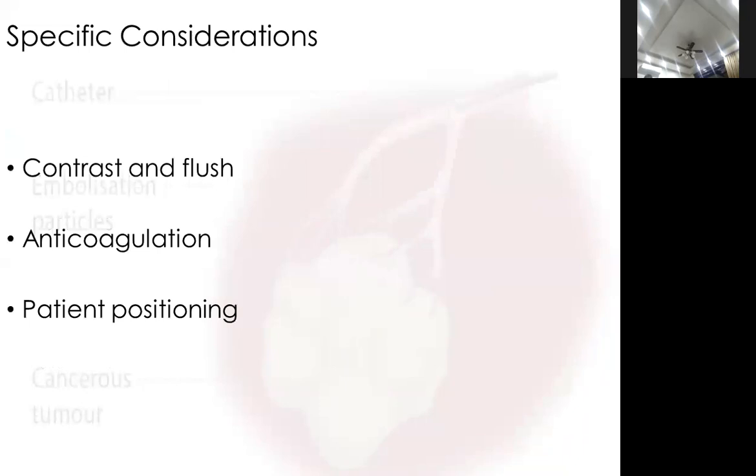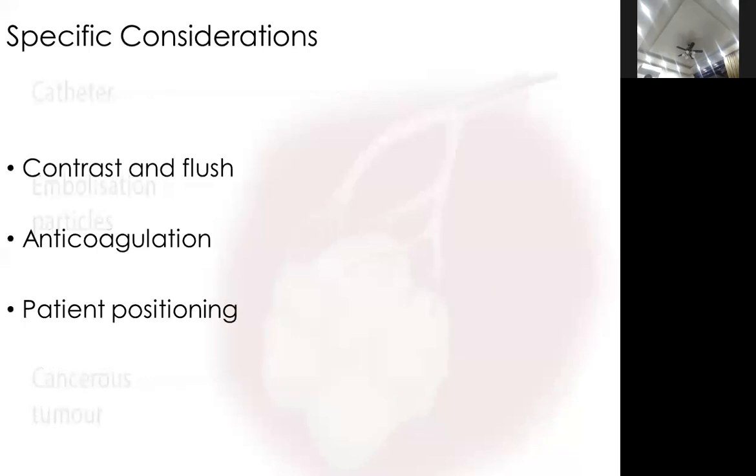And actually, I want to stress one point that people take lightly: the flush that the interventional neurologists use. Because in one single procedure, depending on the length of the procedure, you might end up giving the patient 2 to 3 liters on top of the fluids that we are giving the patient. So please be aware and always be meticulous and very vigilant on how much flush the neuroradiologist would use, because this would dictate how much fluid you use for your patient. Otherwise, they would easily go into pulmonary edema.